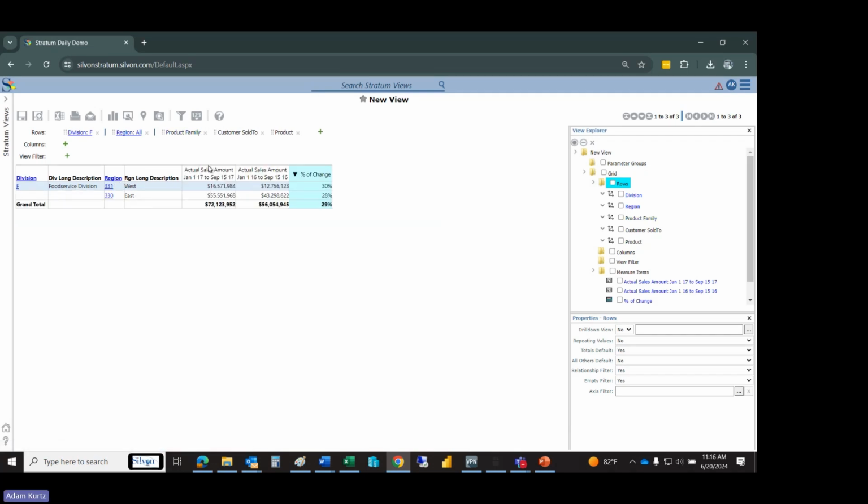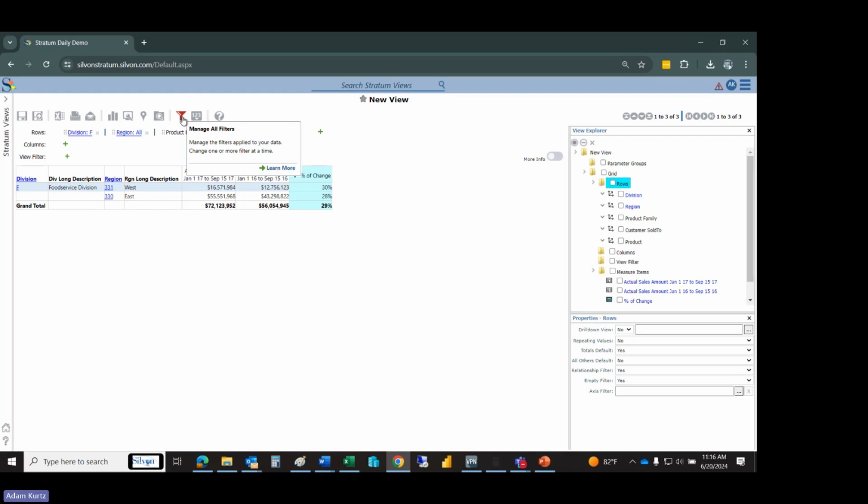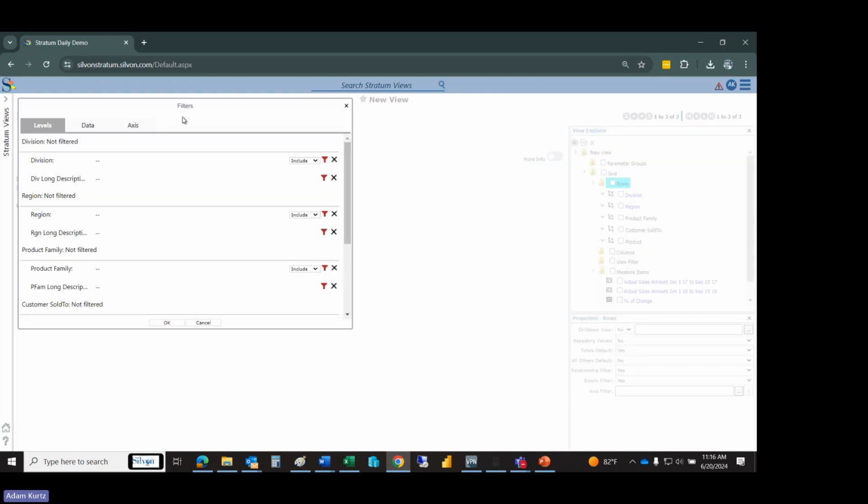Filtering, if I wanted to filter on a given region, maybe I just want this to be the West region, I can right click and apply a filter by selecting filter edit here. So if I right click on that header, I can also come up here to the filter. As you can see, there's a big filter icon up in my menu. If I click on that, it takes me to this menu here where I can then apply that filter here